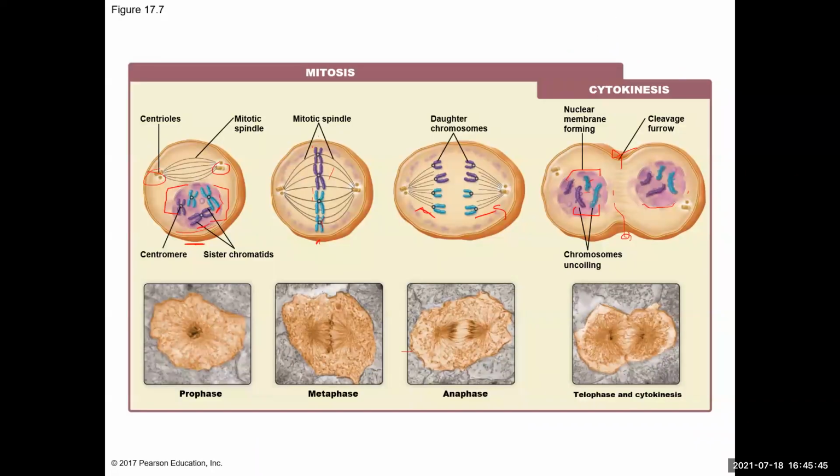You can also redraw this figure and make sure you can label each part, like what each thing is. So for example, sister chromatids versus the centromere, the centrioles, the mitotic spindles, the daughter chromosomes, when they're a chromosome